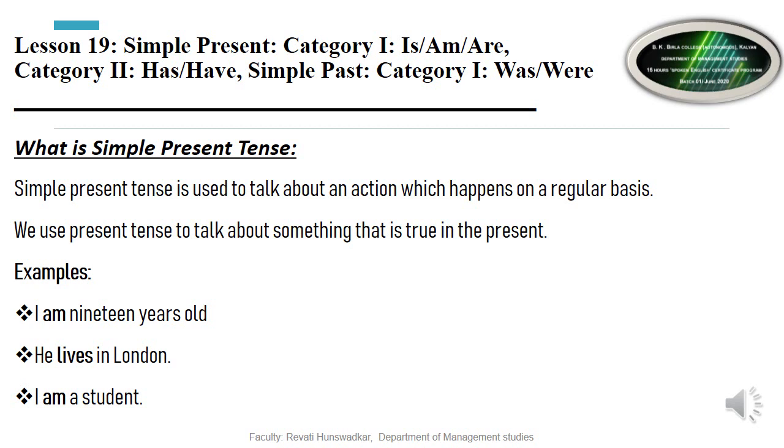So here, somewhere I have put s at the end and somewhere I have not put s at the end. As I said, इस टेंस में वर्ब के एंड में कभी s लगता है, कभी s नहीं लगता है. I और you को छोड़कर. जैसे I am 19 years old. I have put S at the time of years. He lives in London. He lives. I am a student. Here I have not put S because I and you के साथ S नहीं लगता.